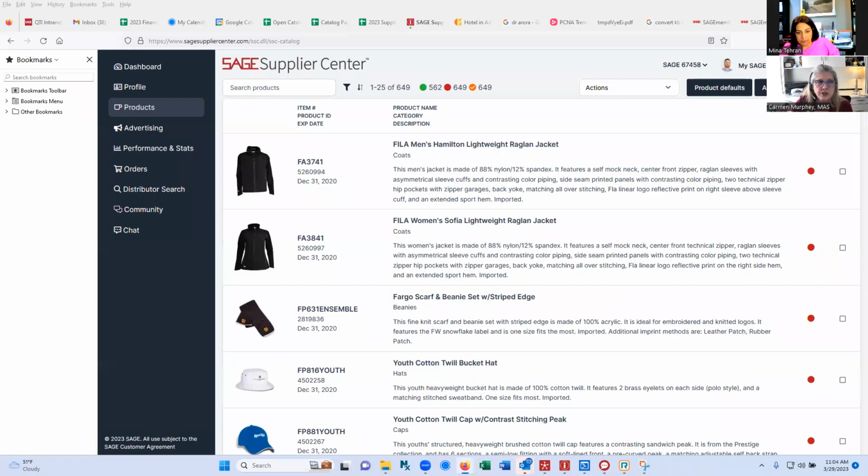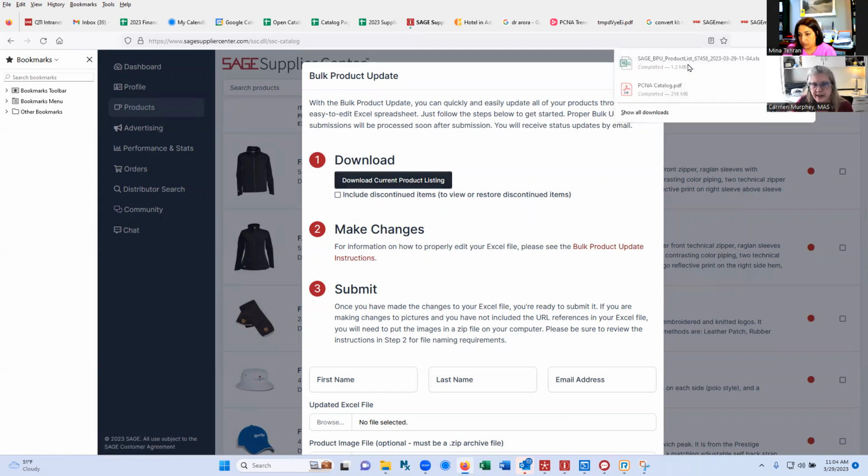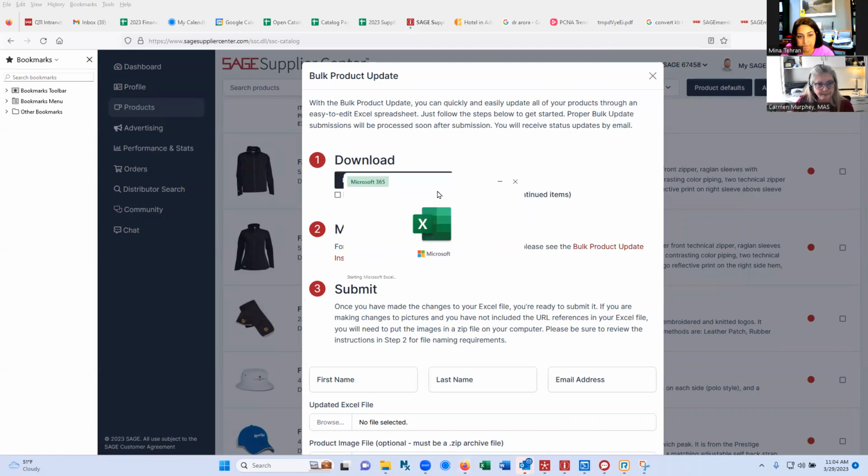No worries. Okay, so when you click on products, over here to the far right, there's a section that says bulk update. You click on that. Step number 1 is to download your current product listing. You can go ahead and do that. And that's going to download the spreadsheet. Oh, it kind of downloads it up here. I wish it would open it, but